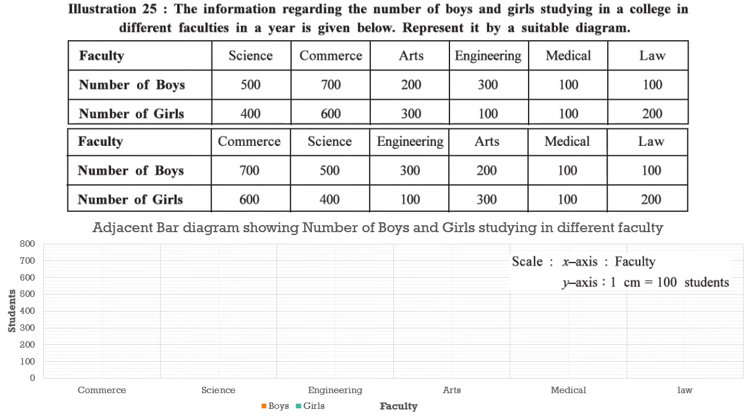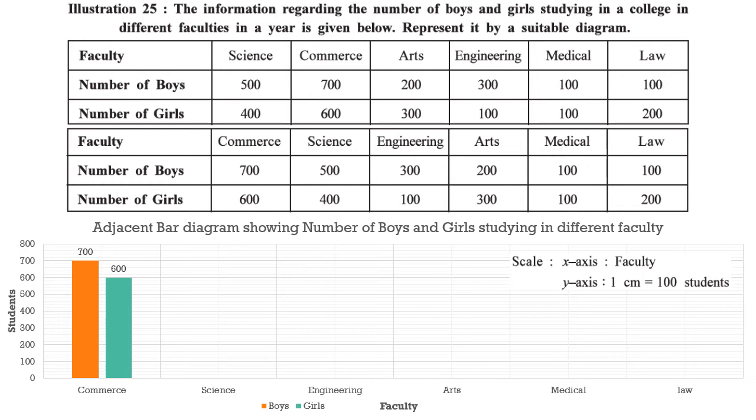Now I have to start with the first, commerce. The number of boys are 700, so it goes up to 700, and girls are 600, so I am showing girls like this. I have kept a bit of a space between the two bars, but it is not necessary. You can actually join these bars if you want without keeping a space in between. I'm just keeping a space because it looks better and it is possible in the videos, but in notebooks you can join them, and it will be a lot faster if you join them.